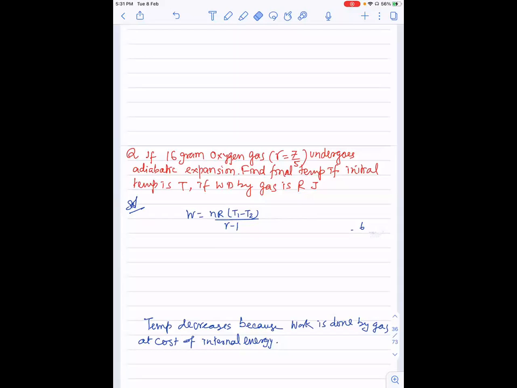gas constant होगा, इधर भी R है, cancel हो जाएगा। Number of moles, n being the number of moles, number of moles कैसे निकालते हैं, molar mass, n कैसे निकालेंगे, mass of the gas upon molar mass, mass of the gas is 16 and oxygen is diatomic, तो इसका molar mass 32 होगा, तो 1/2 number of moles जो है 1/2 है। T1 is given T,